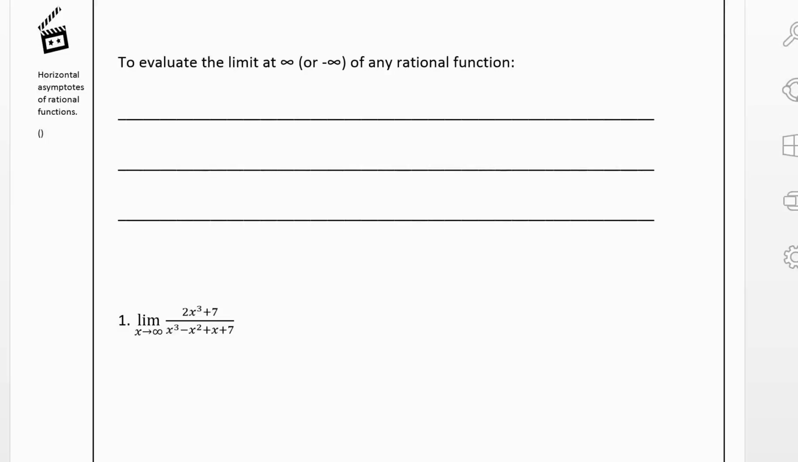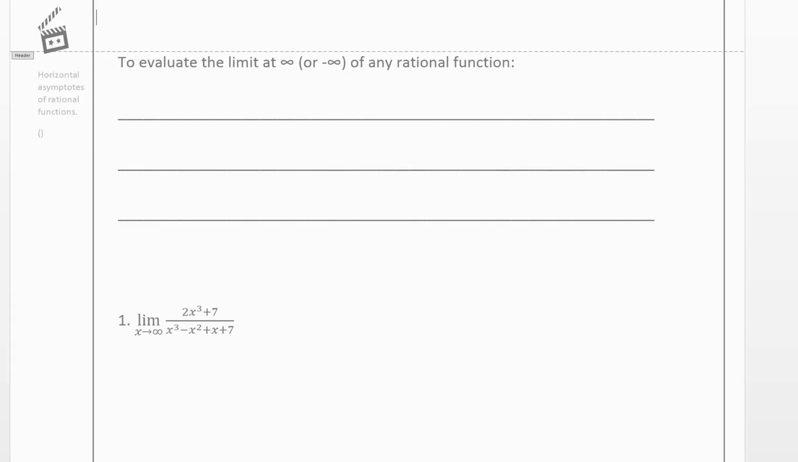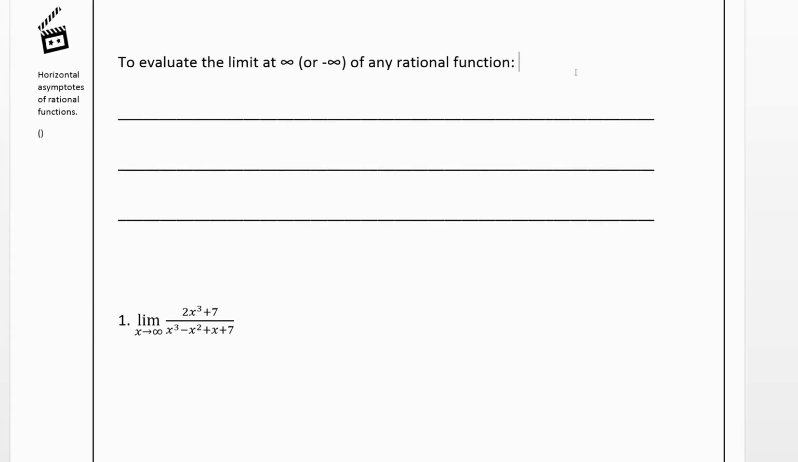Now we'll actually talk about how to evaluate a limit as x goes to infinity or negative infinity of a rational function. So first of all, remember a rational function, R of x, is equal to a polynomial divided by another polynomial. Okay? Now, to find the limit, we're going to divide